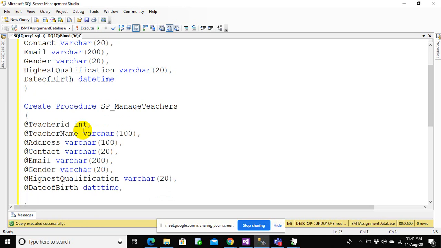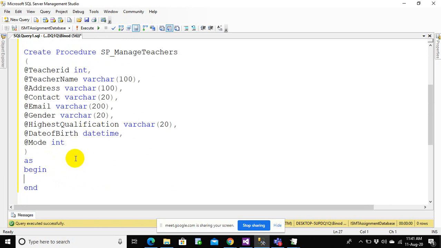These are the fields you might need, and we might need @mode, which is an integer value.